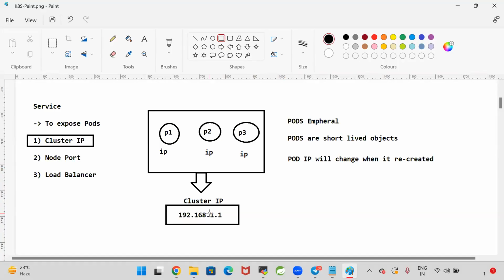So without cluster IP also we can access the pods. But the problem is you need to use the pod IP. When you use the pod IP, if the pod is recreated, the IP address will change. There is a challenge here. So that's why if you want to access your pods within the cluster, we will expose the pods by using